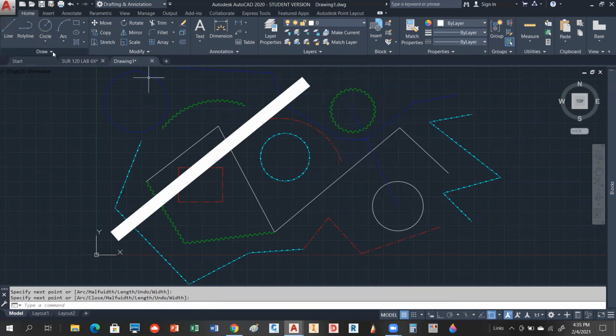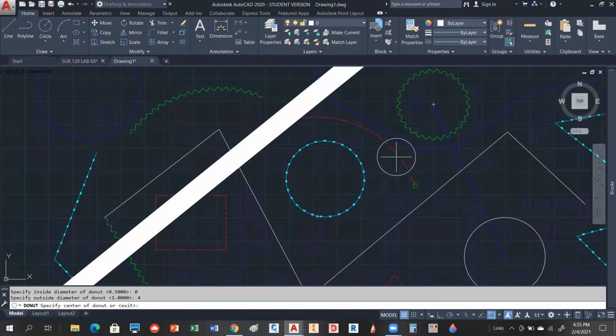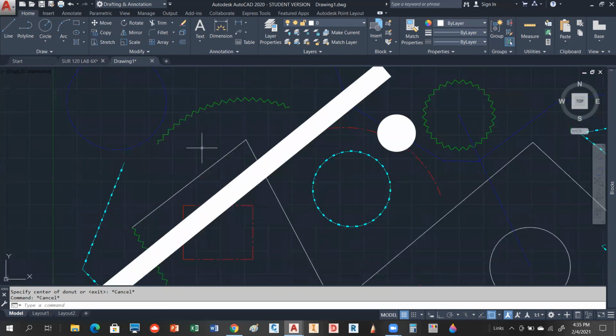And I'm going to do me a donut here. And again, I'm going to set my inside diameter to 0, and I'm going to set my outside diameter to 4. So I'm going to place that also over a couple of objects so that I can see that they're physically sitting on top. All right, so as you notice and you look at this,